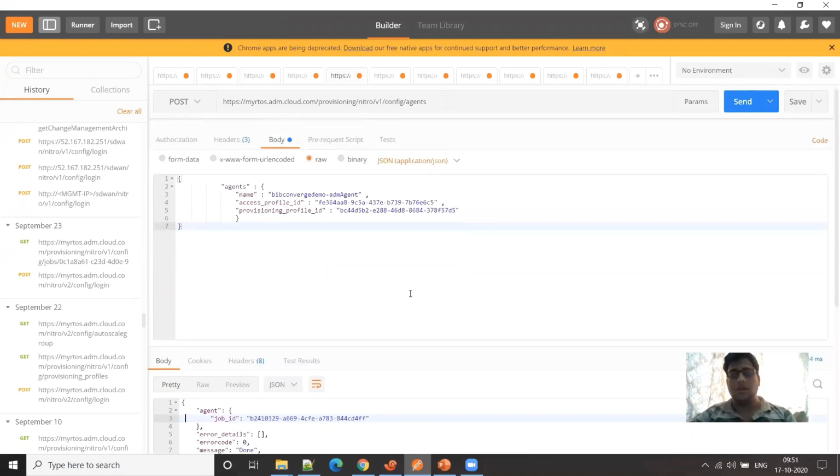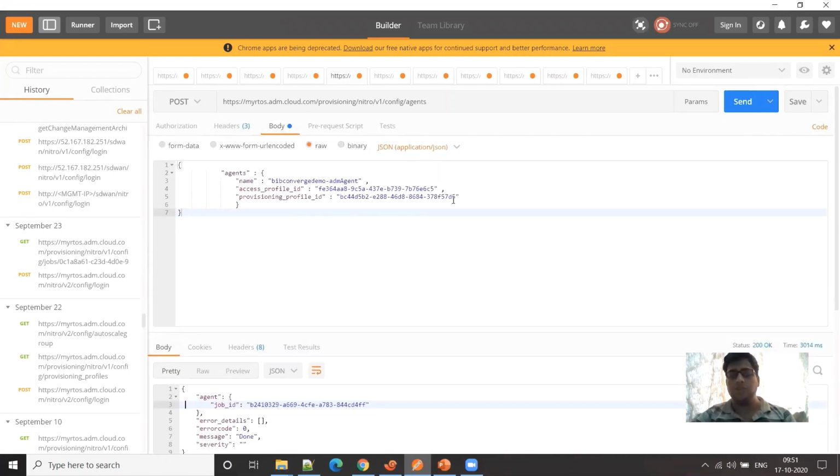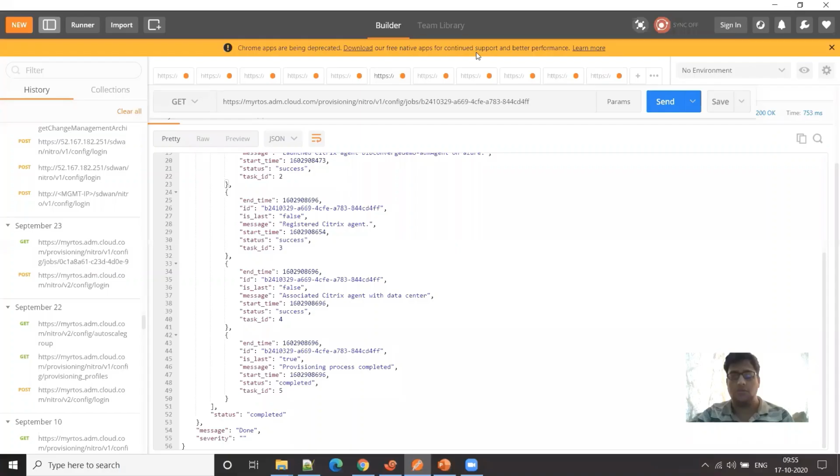And you can see we have fired the POST API call for the agent provision, and we have already received a job ID. Now we will track this deployment using this job ID till completion. When we fired the POST API call to provision the ADM agent, the ADM service started deploying an agent in our resource group, and since it takes a couple of minutes, that's why we are tracking the deployment using this job ID, and we see finally our resource is deployed.